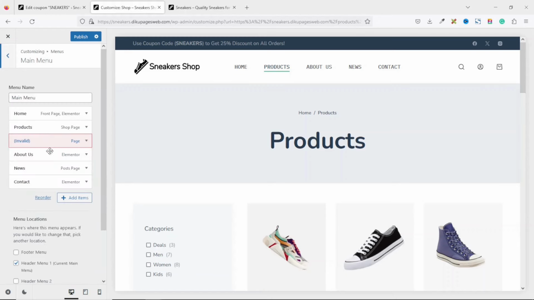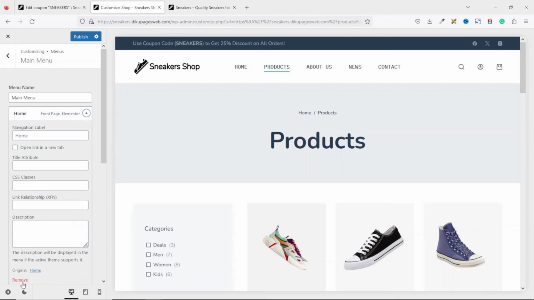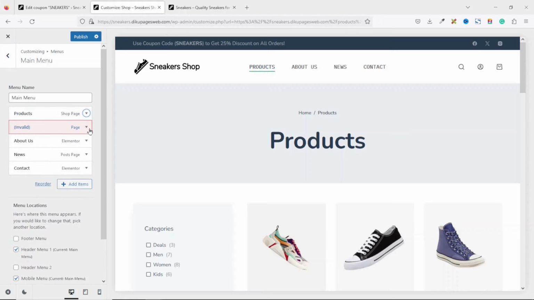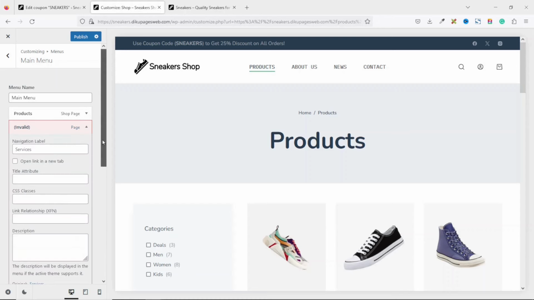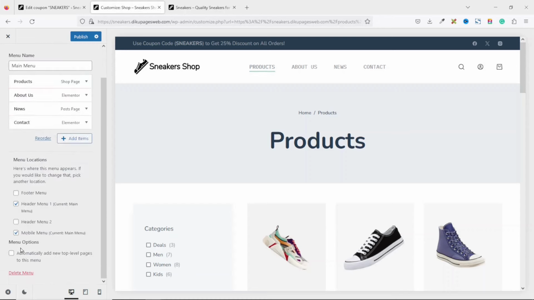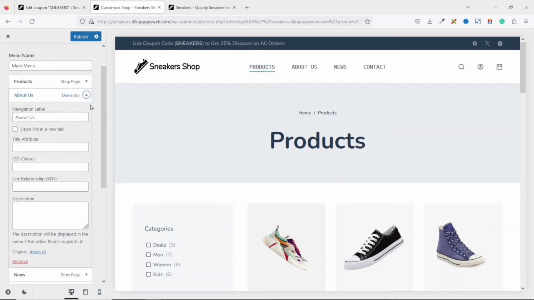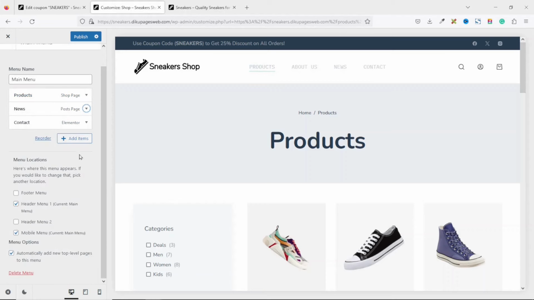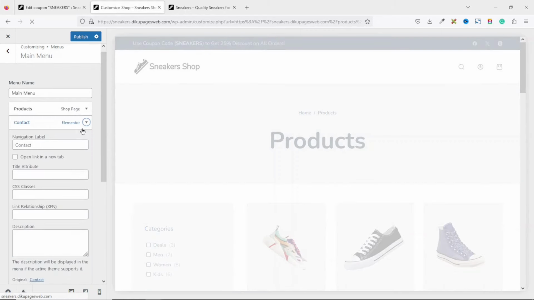I click on it. So I'm going to go ahead and take off all the menu links I have here except products. So I have home, remove, just click on the expand arrow, then click on remove, and finally contacts,